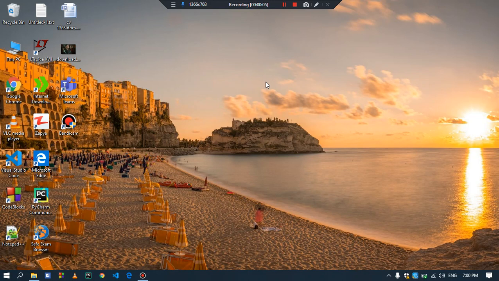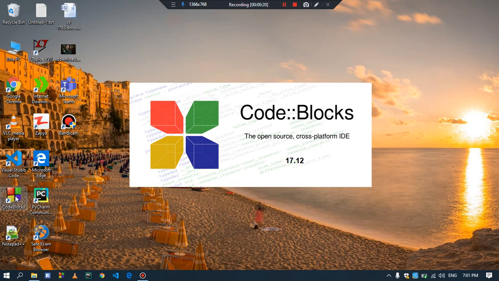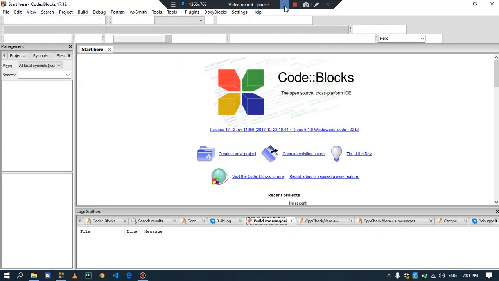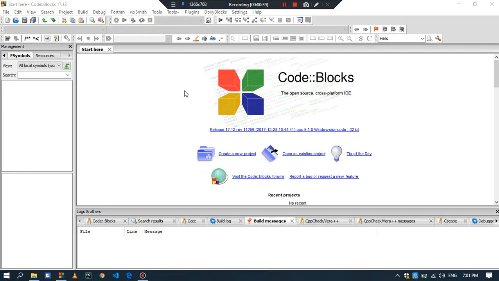Actually, in this video, I'll tell you how you can print statements on screen while using the printf statement in C programming language. So let's start. First, open your Code::Blocks. I made C programs or C code in Code::Blocks. This may take a while, so wait for that. So Code::Blocks has started.